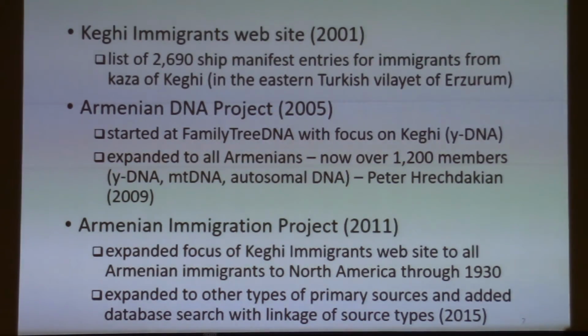I'm actually seeing this name that I heard about in some of these letters, and then I started finding some of his cousins and brothers and things like that, and then I thought, well, gee, wouldn't it make sense for me to try to find other people from his village and other people from Erzurum and other people from Kari, to see if maybe I could piece these different pieces together to come up with some relationships. So that's really what I started in 2001. I ended up finding almost 2,700 ship manifest entries over the next couple of years that looked like they were from this part of Turkey, and put them in some spreadsheets, and then I set them aside